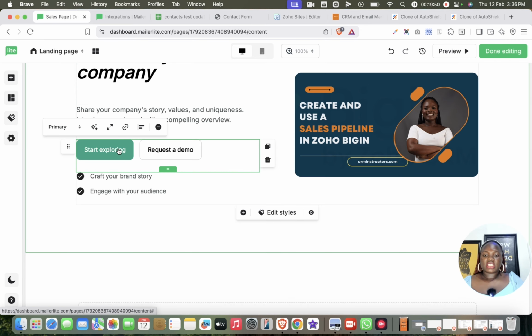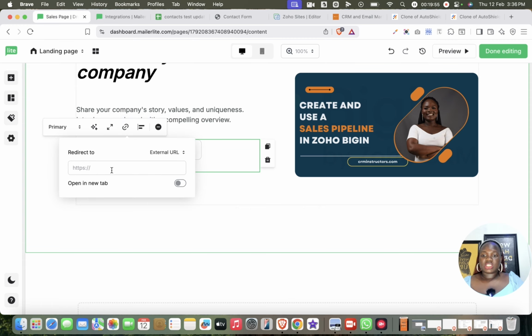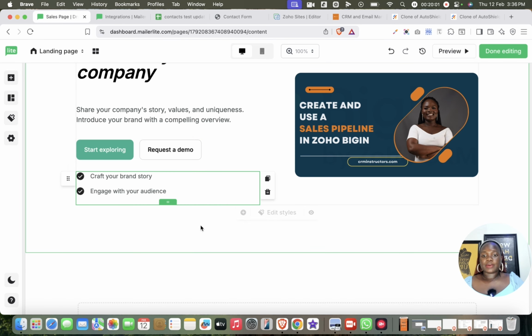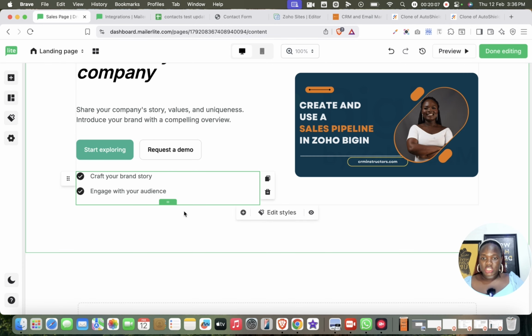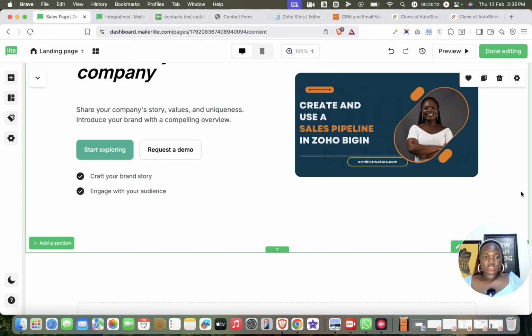You can also edit your buttons over here. You can include the link to the buttons. So this is going to link to a particular page, and you can also decide that you want this link to open in a new tab. You can also decide to edit all of these. Oops. You can duplicate, which I just did. You can delete if you do not want,